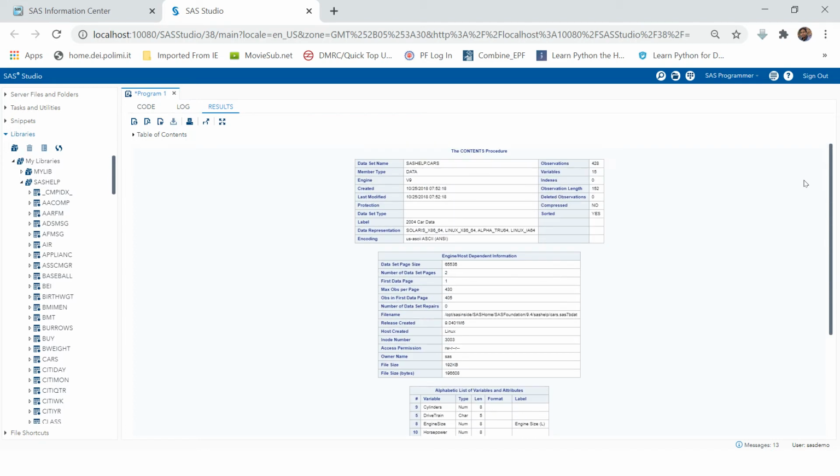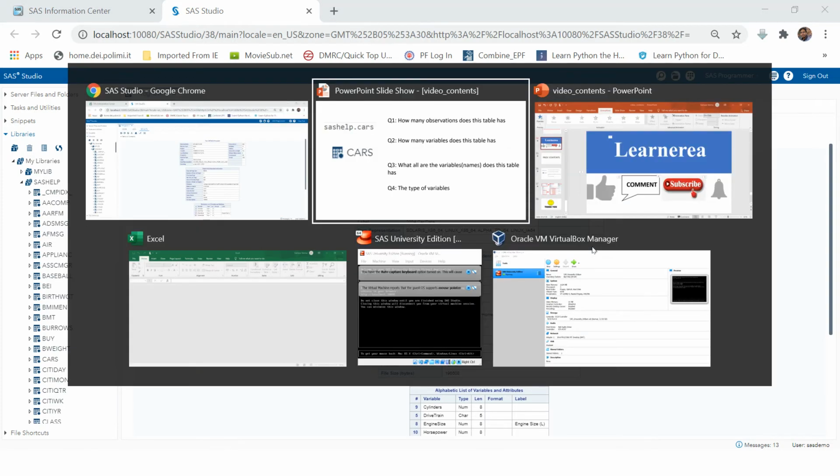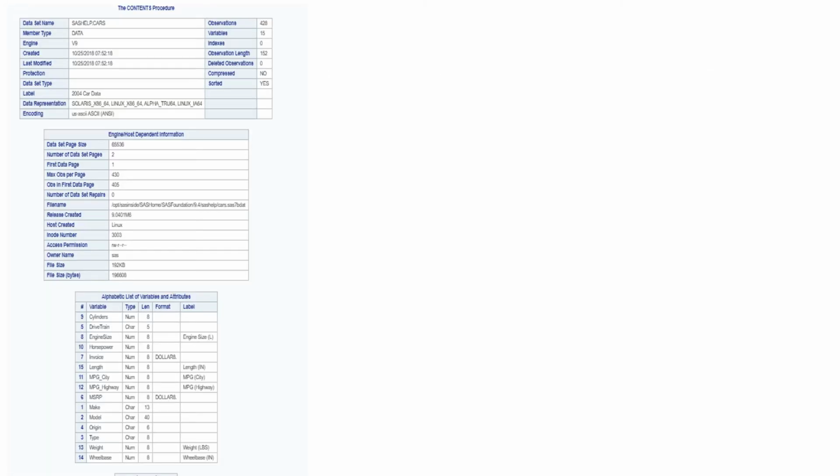But out of these, what are the significant sections? This produces a lot of information. So let's see what information is available in this report and what is useful for us. So here is the report which we get as we run the PROC CONTENTS procedure.